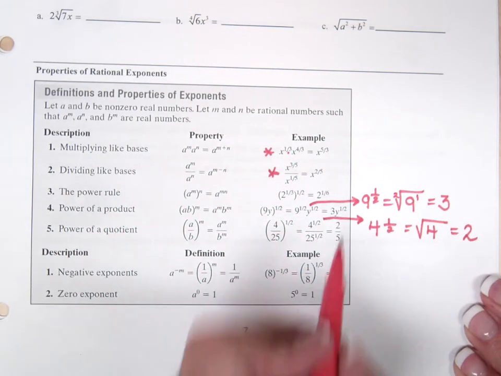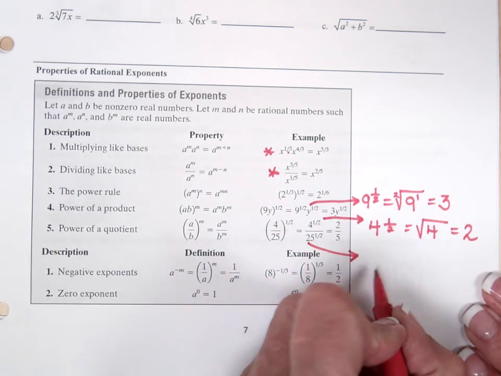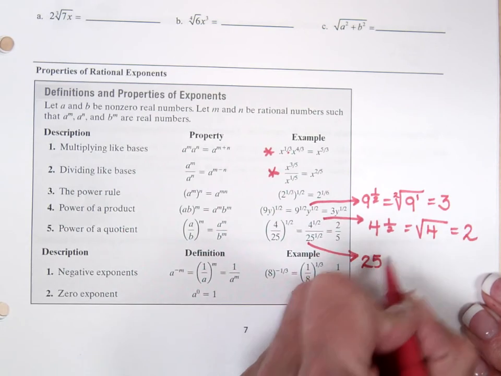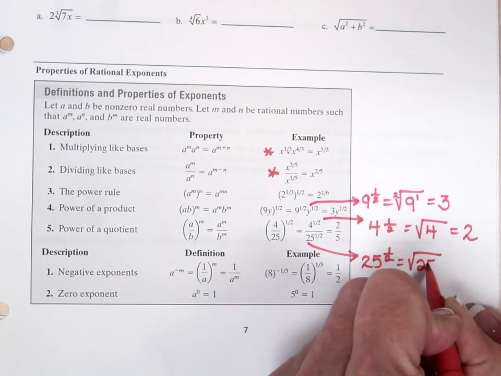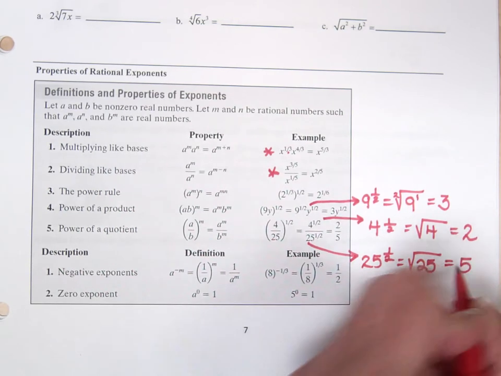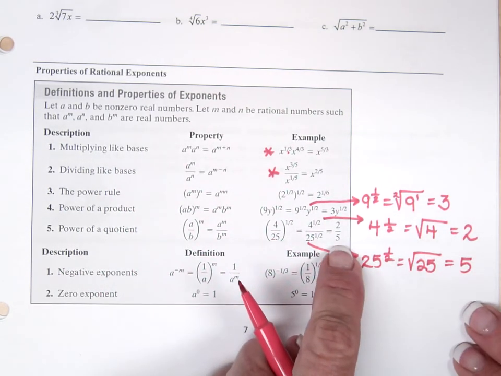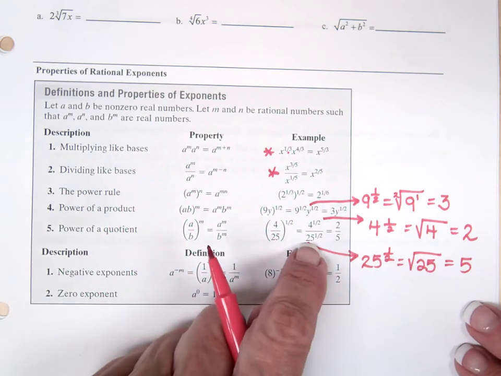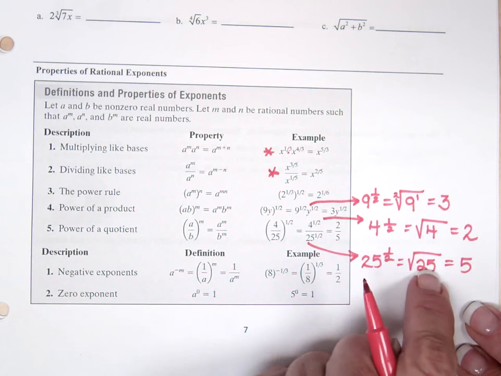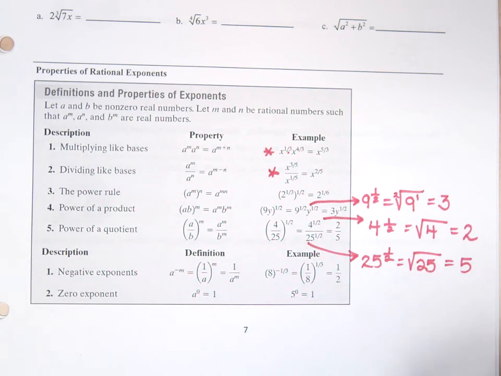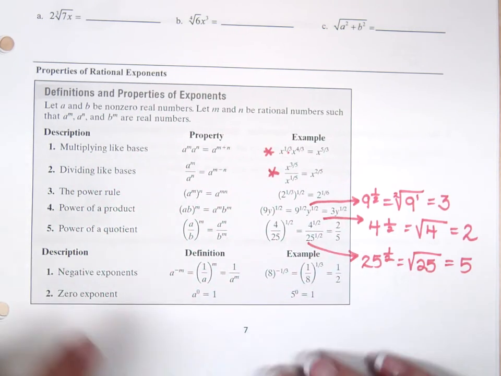See the 2? And same thing with the denominator. 25 to the 1/2 is just the square root of 25, which is 5. And then you can see that there in the denominator. So a number raised to a fractional power just means turn it into a radical and evaluate. And last,